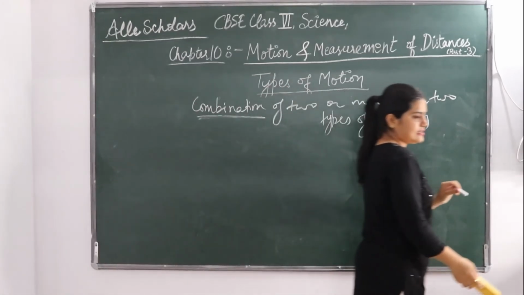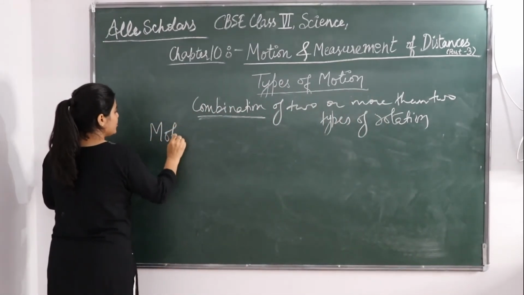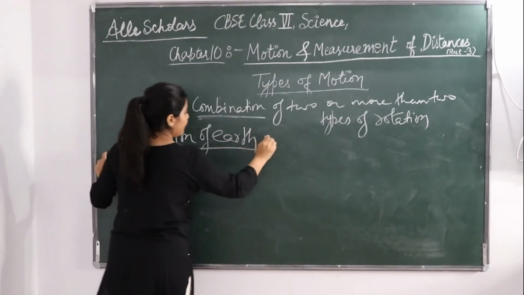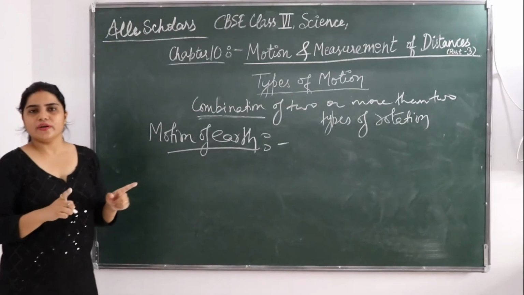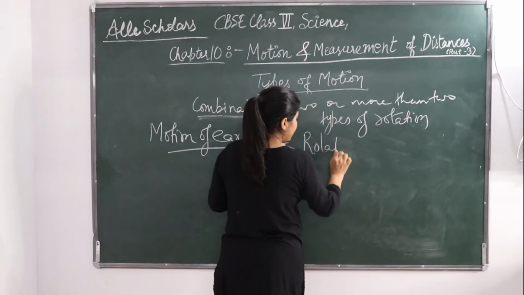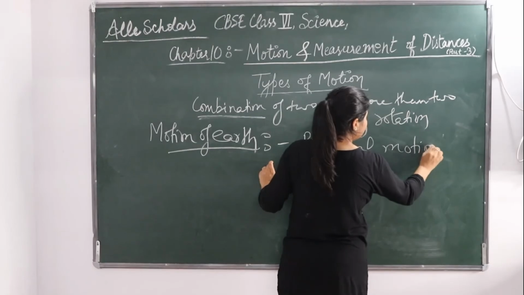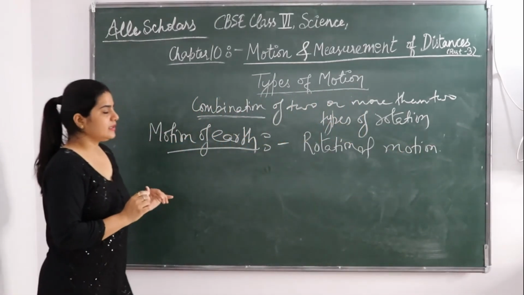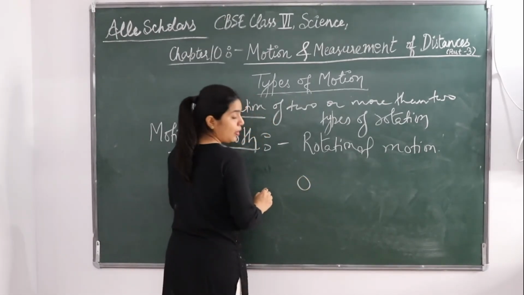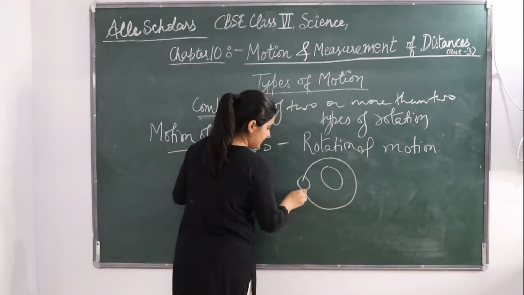Now let's take another very good example. The second example is the motion of the earth. Now how does the earth move? Earth moves on its own axis, so it gives a rotational motion. Okay? One, the earth is rotating on its own axis, as well as, this is the earth. Okay? This is the sun. This earth moves around the sun.